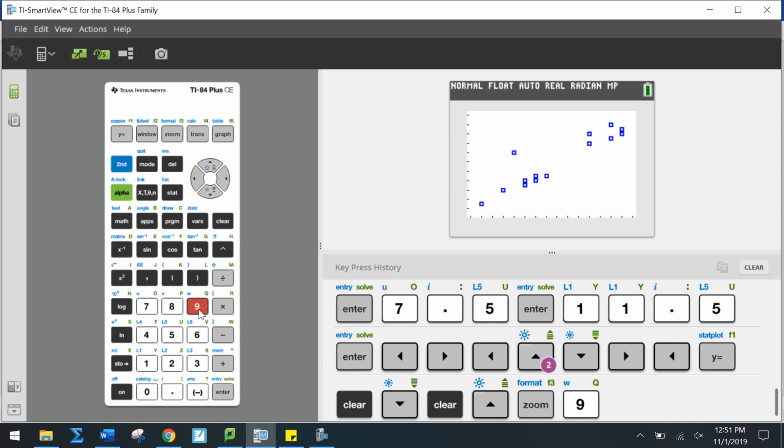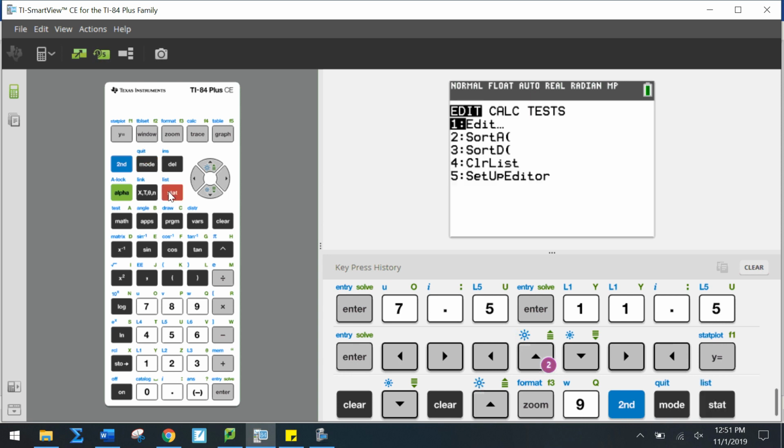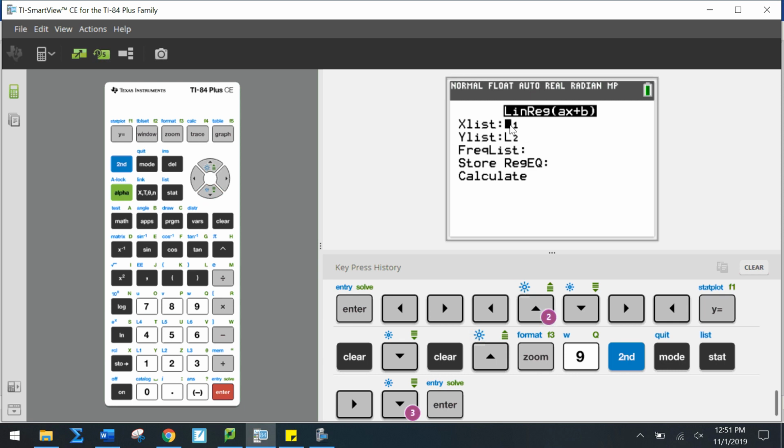Okay. So now we want to do a linear regression for this. And how we do that, we're going to hit quit. If you see I'm outlining quit, it's next to the second button. Second, quit, and now we're on the screen. So we go to Stat, shift over and go to Calc, and then shift down to linear regression, ax plus b, and hit enter. So we want our first list to be our input, our second list to be our